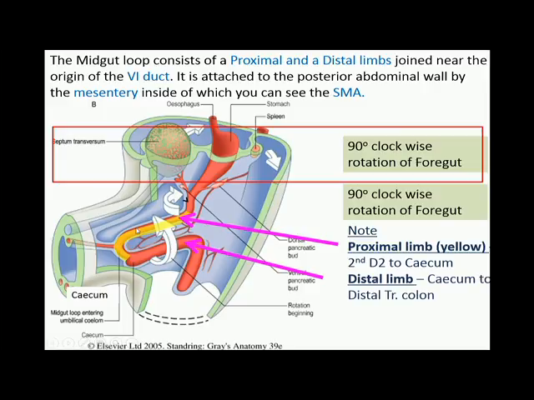So the midgut loop, which is here, I have used two colors. The yellow one is the proximal limb, and this red part is the distal limb of the midgut loop. So that's foregut, midgut, and hindgut. That is your superior mesenteric artery. Remember last week we did the rotation of the foregut, mainly the stomach, which undergoes 90 degrees clockwise rotation. In contrast, the midgut loop